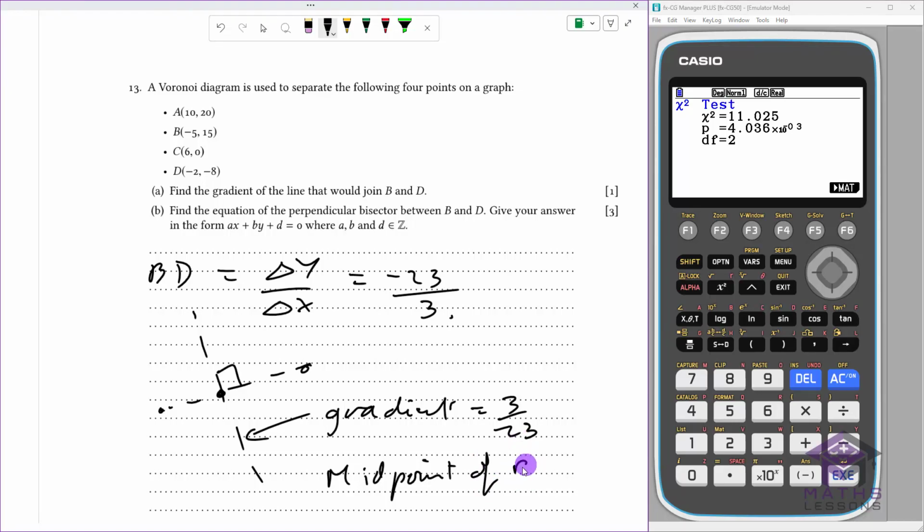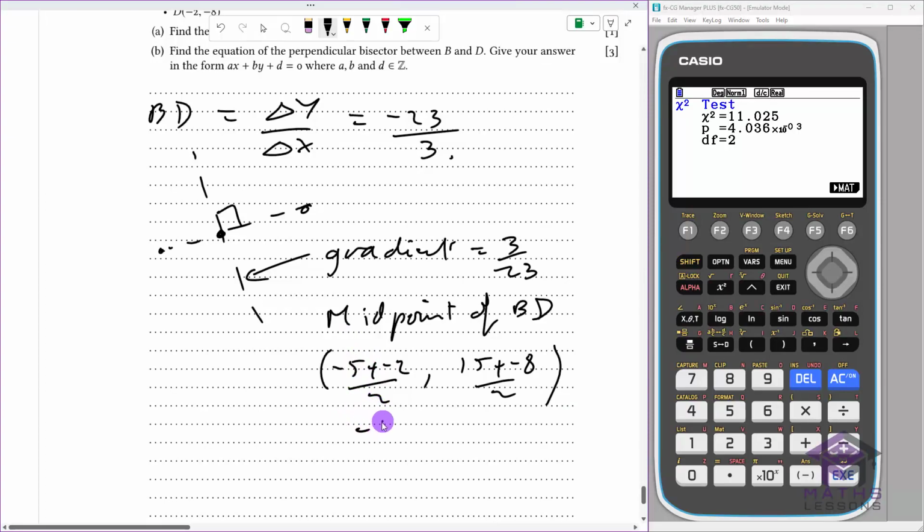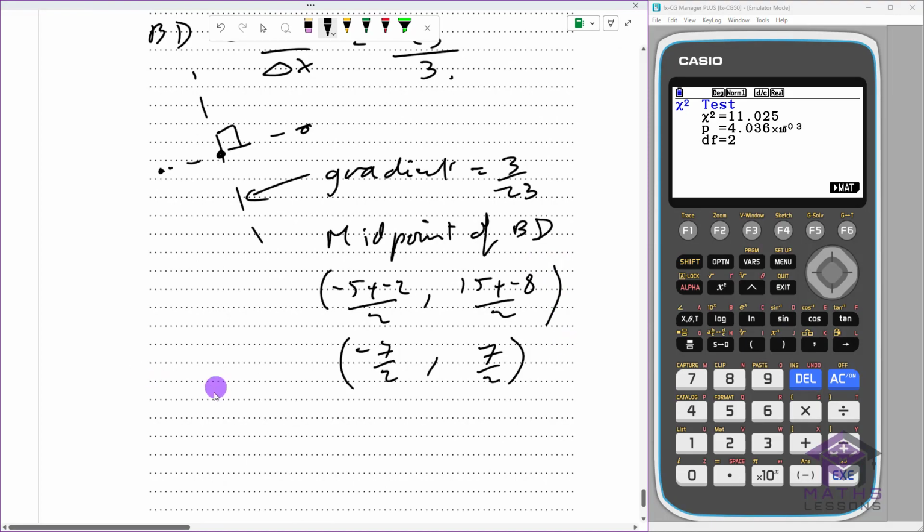So the midpoint of BD, that's going to be equal to, so we've got B is minus 5, 15 and D is minus 2, minus 8. It's going to be average of those values. So you've got minus 5 plus minus 2 over 2, comma, 15 plus minus 8 over 2. And we get minus 7 over 2, comma, 7 over 2. That's our midpoint. So the equation of our line, if you use y minus y1 equals m times x minus x1, is